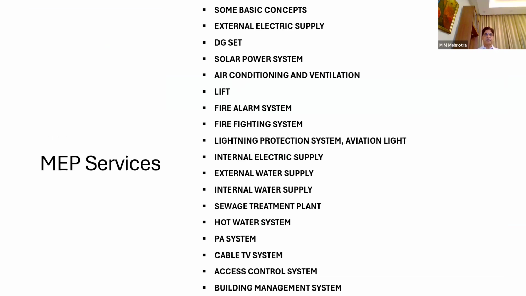Now these are some items which I'll be discussing. Firstly, some basic concepts which everybody knows, but I have deliberately kept two slides on this just to recap, because in the practical world things are a little different from what we learn in theory. So things will be coming in this sequence. I may not cover everything because 1.5 hours is too short a time. This discussion can take place over an entire day, so I'll cover whatever is essential.